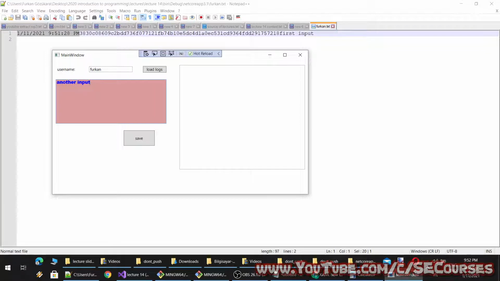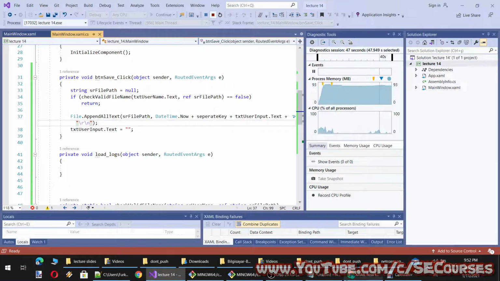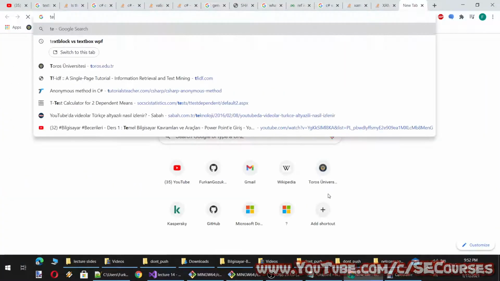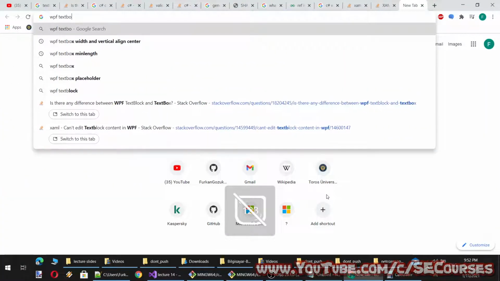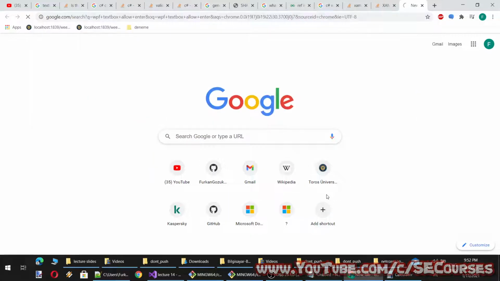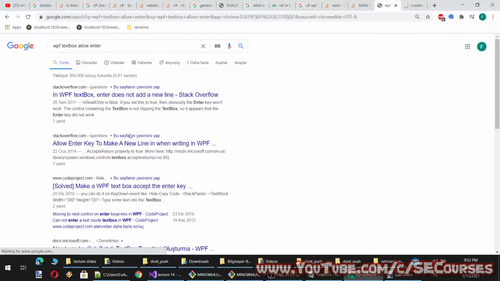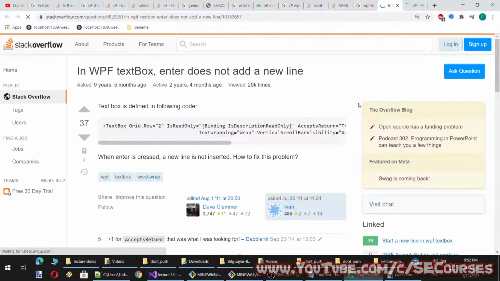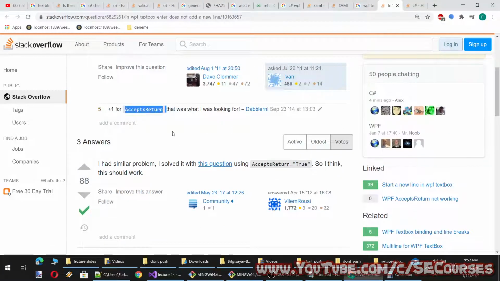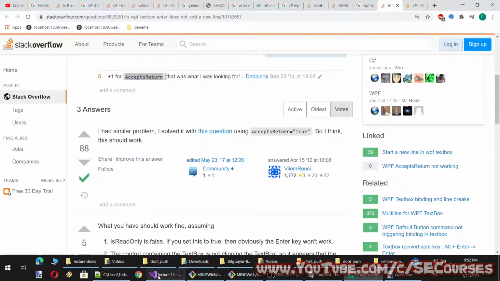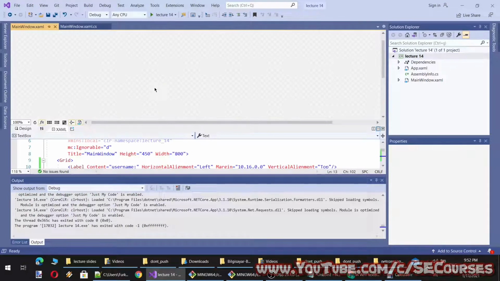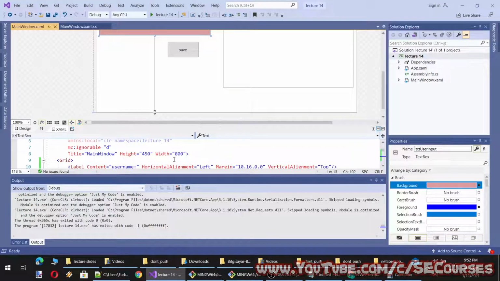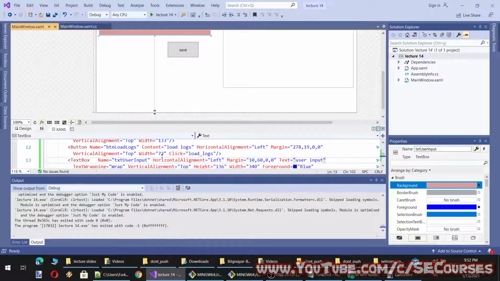Okay, so the enter character is not working currently inside this text box. So let's allow it. Okay, so there is an accept return parameter to allow enter in a text box. Okay, let's set it here.